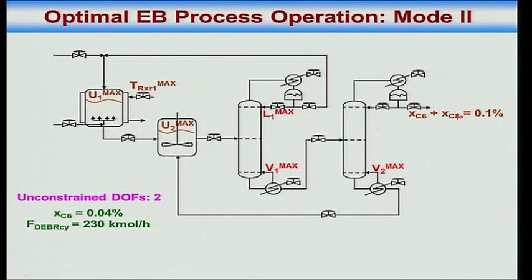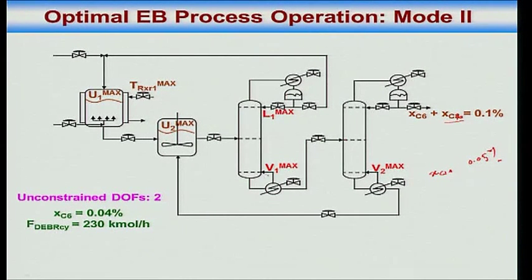I want to maximize FC2. If I want to maximize FC2, V2 max is active. If I keep XC10 really tight at 0.01%, then that will limit how much feed I can put to the second column. If I relax this to, let us say, 0.05%, then what will happen is my reflux will go down, because now I am allowing more diethyl benzene to leak up the top. Then I can suck in more feed to this column, yes or no? So by relaxing on C10, I am sucking more feed to the second column.